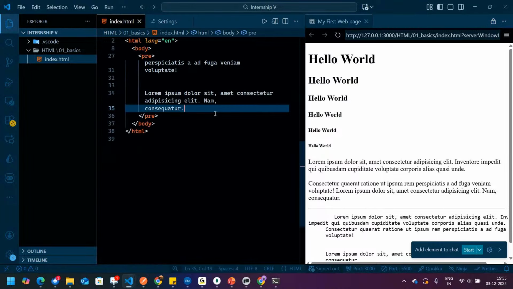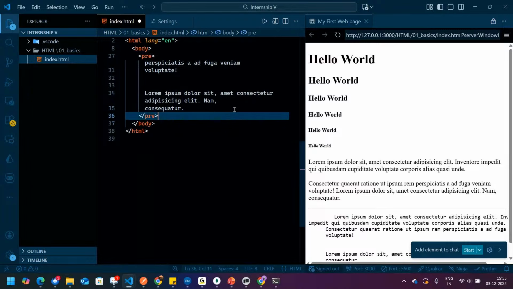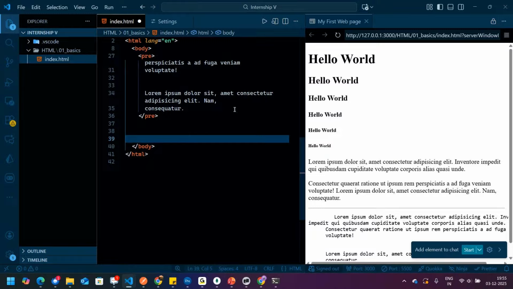Fine. Then I was talking about some block level code. Fine. So some